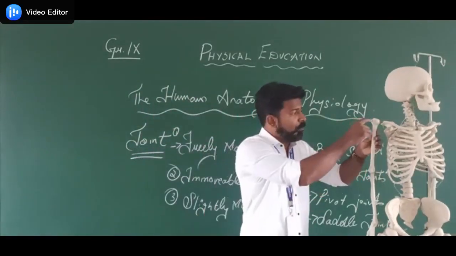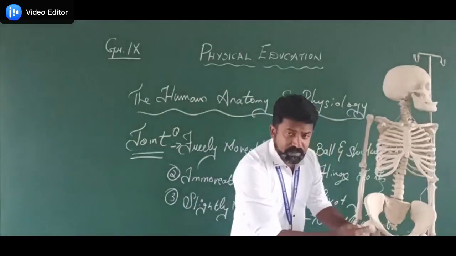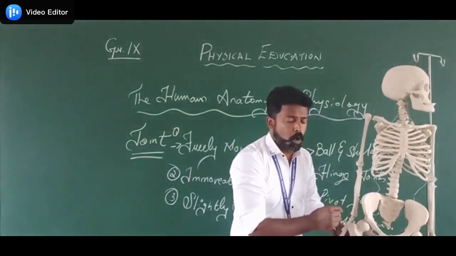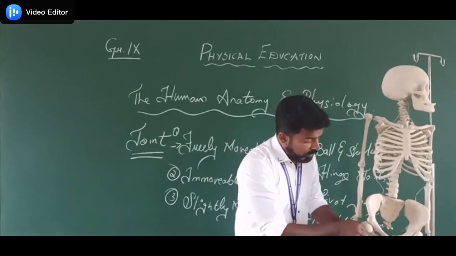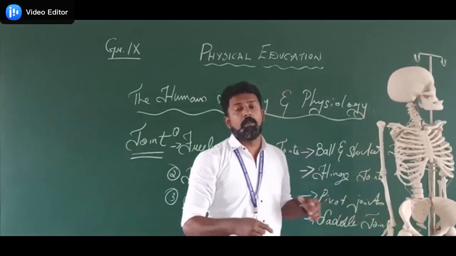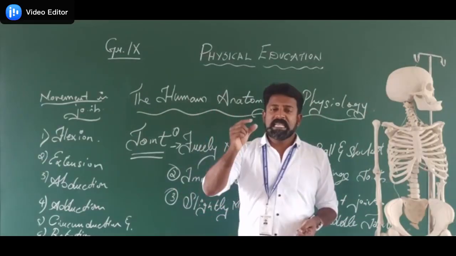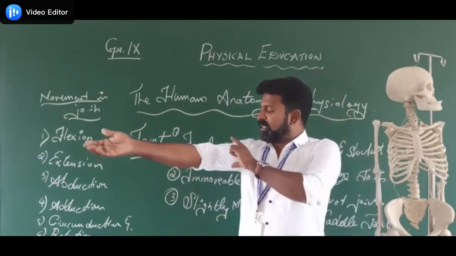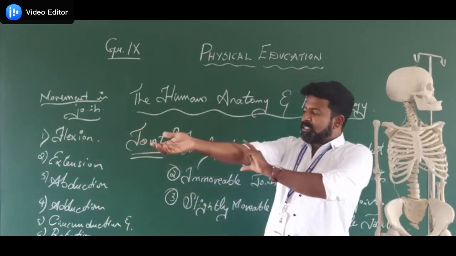You can see this is like a ball, and the pelvis is joined with the leg, the longest bone, the thigh bone. You can see this is the socket and the bone is fixed to that. So that is called a ball and socket joint, where rotation and increase in the angle of two body parts happen. Now we can take this, the bicep, and this, the forearm.